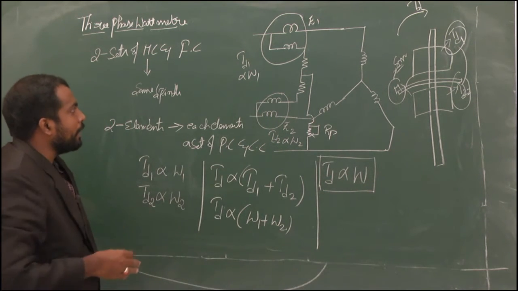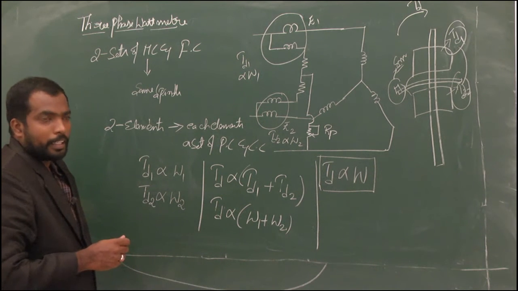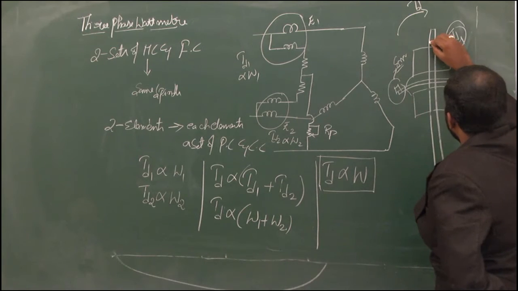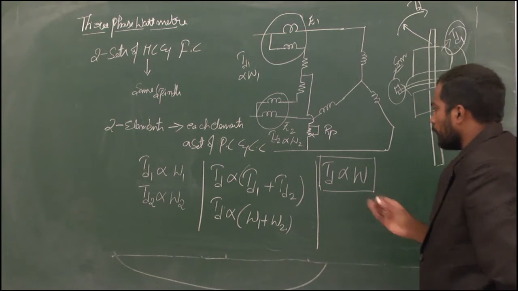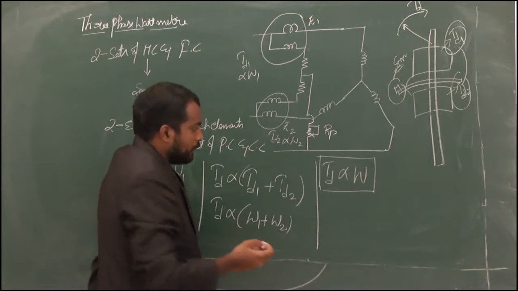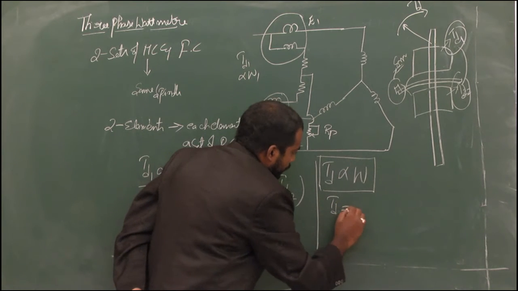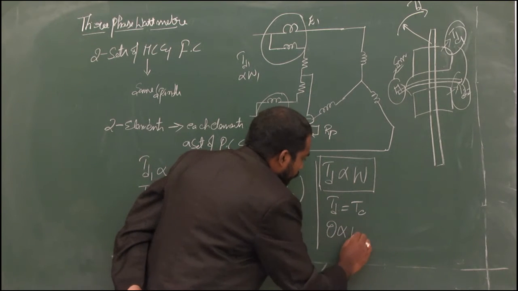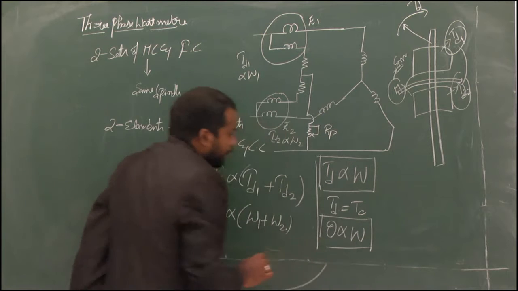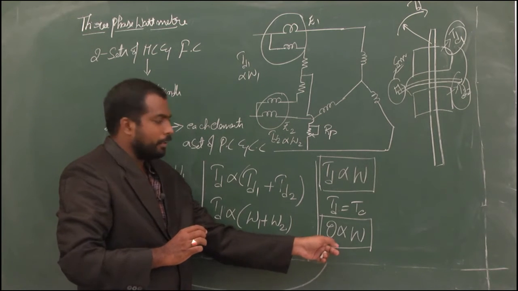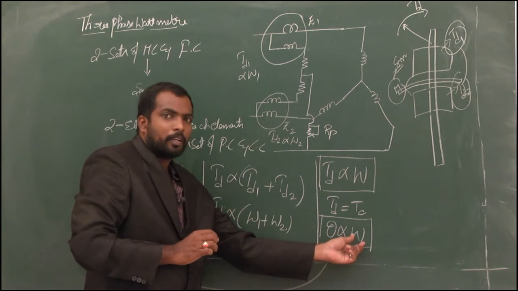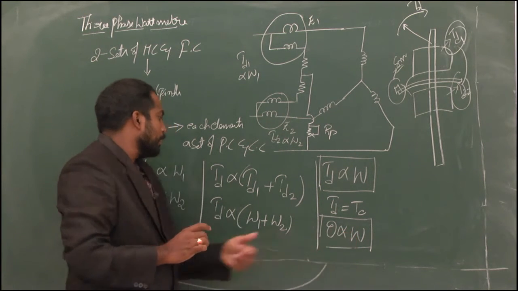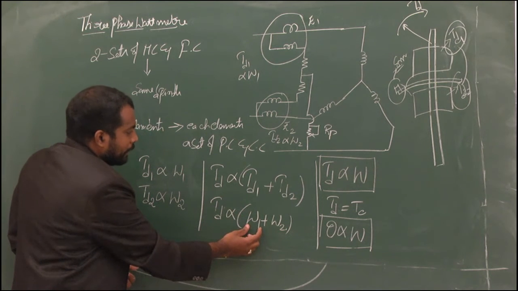So depending upon your mechanism, that means spring control mechanism or gravity control mechanism, you can derive the relation for deflection in the pointer. As the spindle is connected to a pointer, you can calculate the deflection in the pointer. So if I am going for a spring control mechanism, what is our condition? The deflecting torque is equal to the controlling torque. So what is your final relation? Theta is proportional to W. That means the net deflection shown by the pointer is directly proportional to the total power measured by the wattmeter, where the total power measured by the wattmeter is equal to the individual power measured by each element.